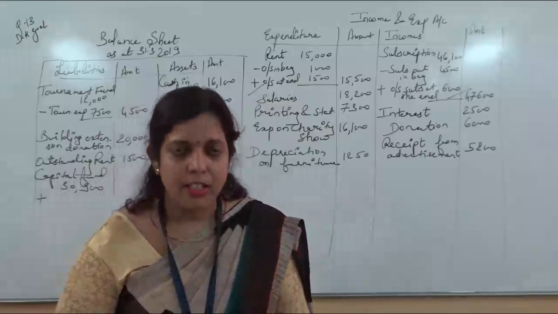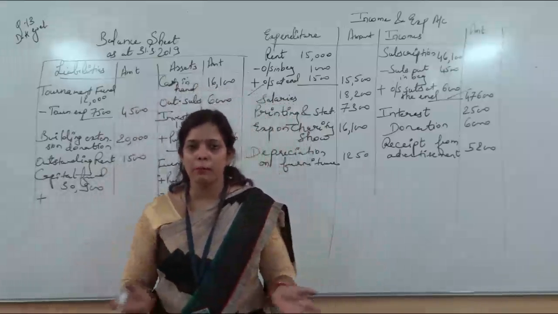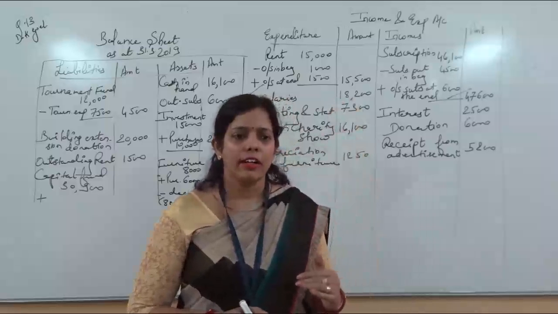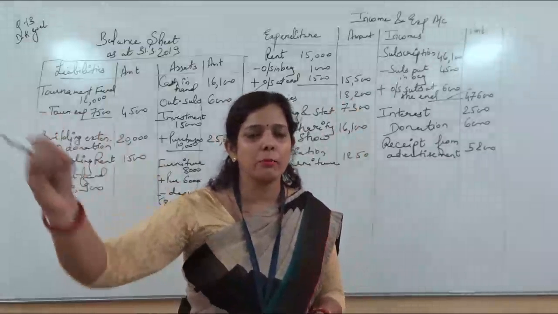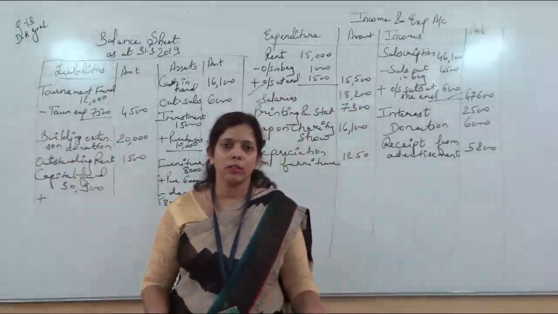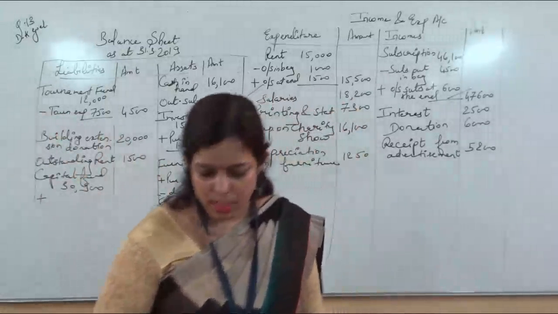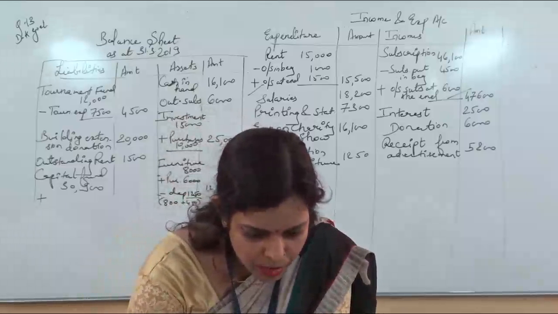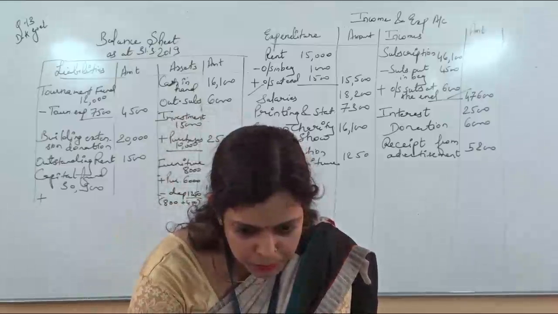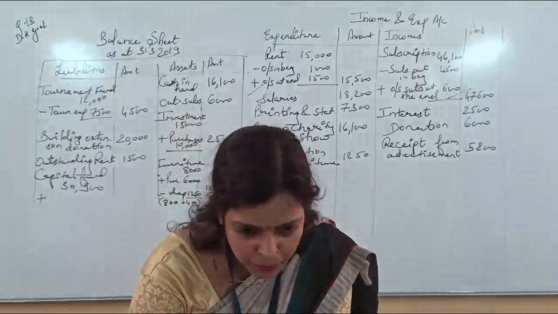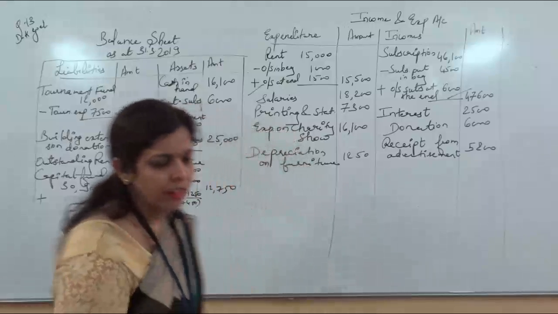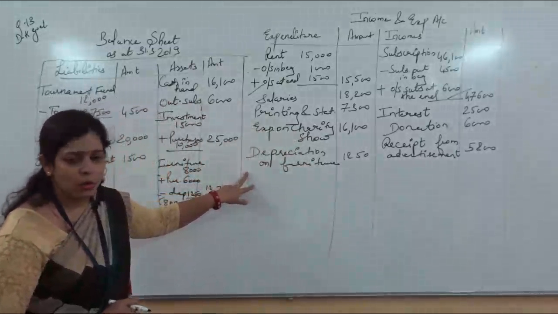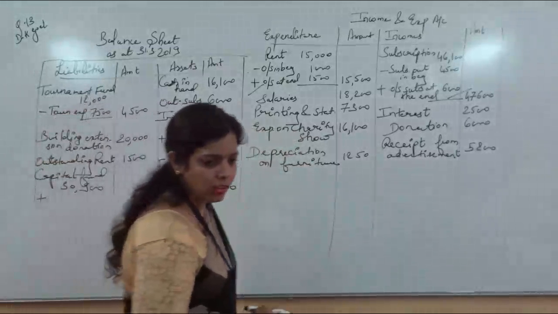Now let us see. Just before finalizing the capital fund and all, we should always scan the question once. It mostly happens that even if a small item is left out, you will lose marks. Why? Just check the question once again whether any item is pending that by mistake we have not taken. Check all the items. We have taken salary and all, then rent. You have taken almost all the items.